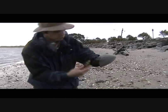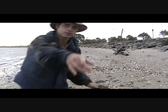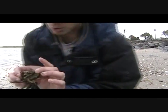And of course this one's in two parts. I don't know if it's the same animal because it's different coloration, even right behind you. Let me show you, hold on a second. Just gotta watch your step so you don't step on some of these things. Here's also the remnants of a little crab. It's not a horseshoe crab,